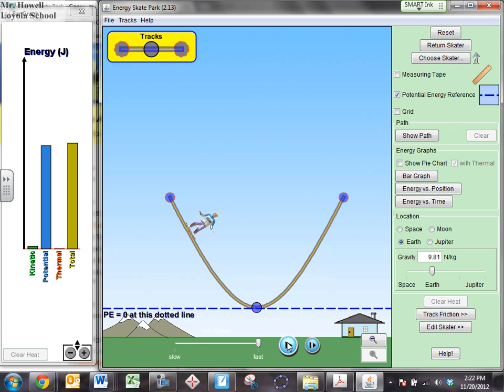So you'll notice it's almost all potential. And look, the total energy should be almost the same as potential right now. Almost, right? Because there is a little bit of kinetic. If you take the little green bar graph from kinetic, and the blue one from potential and add them up, you will get this total right here. And there's a way to read out those numbers in a minute. Okay? Now,